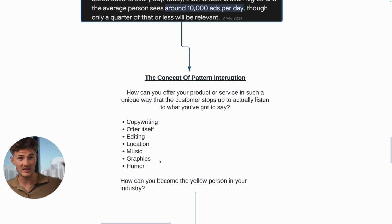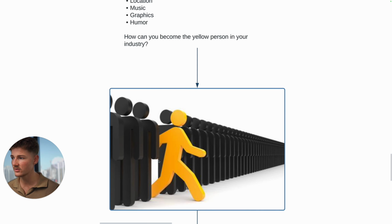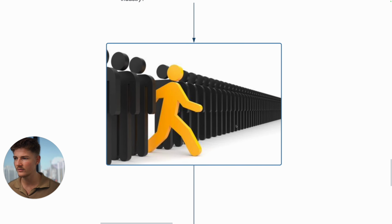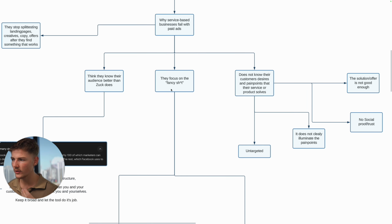attention, which means that you're getting cheaper CPM prices and you're getting out to more people for less, and you're grabbing their attention by offering your offer in a unique way. So whenever you're launching a new ad, think about how you can become the yellow person in your industry. If you become the yellow person, it means that you're getting cheaper prices and you're getting more leads than anyone else. So you can get down to the point where you're paying $45 to $35 per booked appointment that you're getting in. Don't focus on the fancy shit, focus on the things that interrupt the pattern so that you can get people's attention. Get a strong hook, get something that stands out, and you can convert that cheap attention into